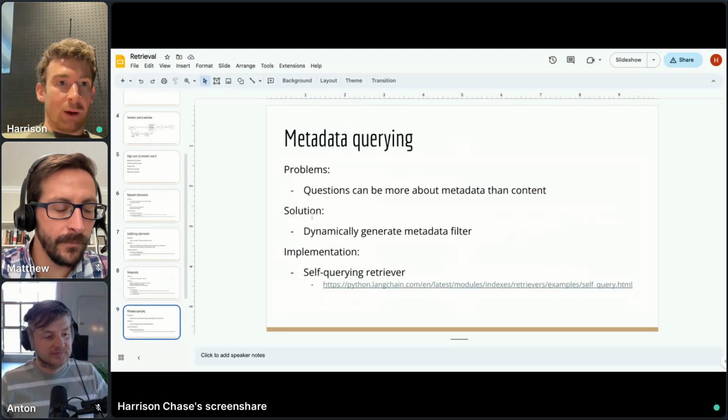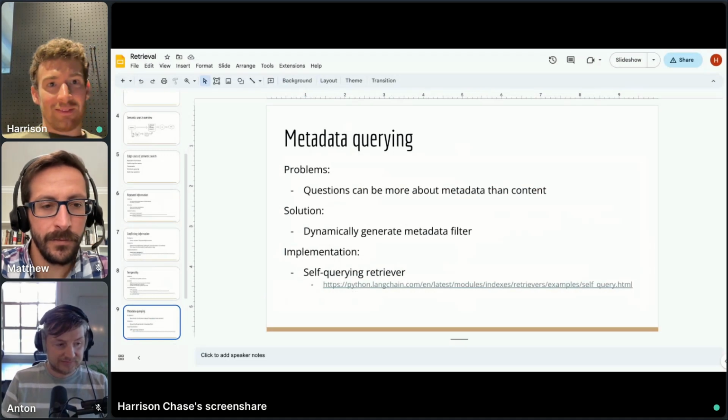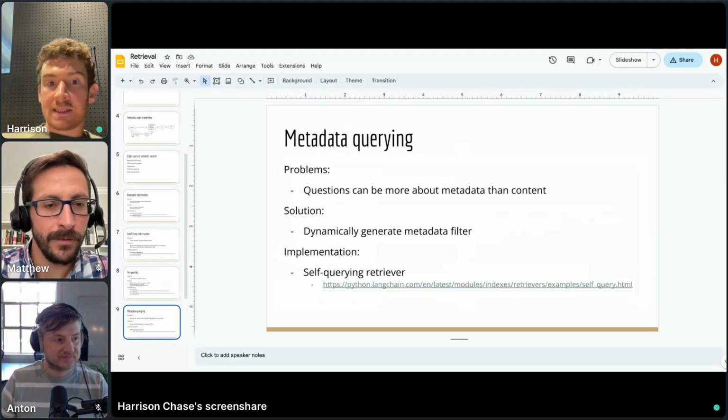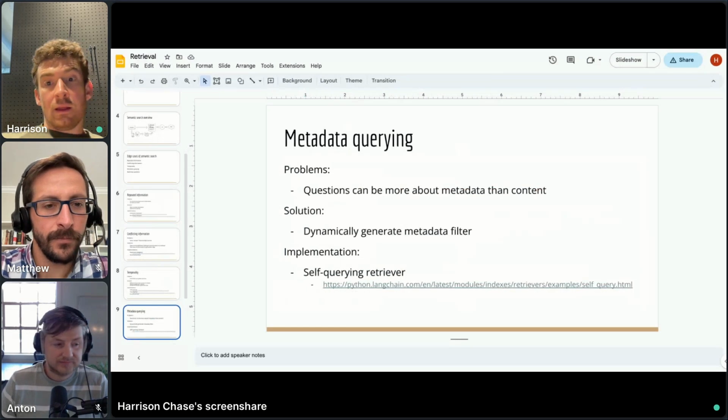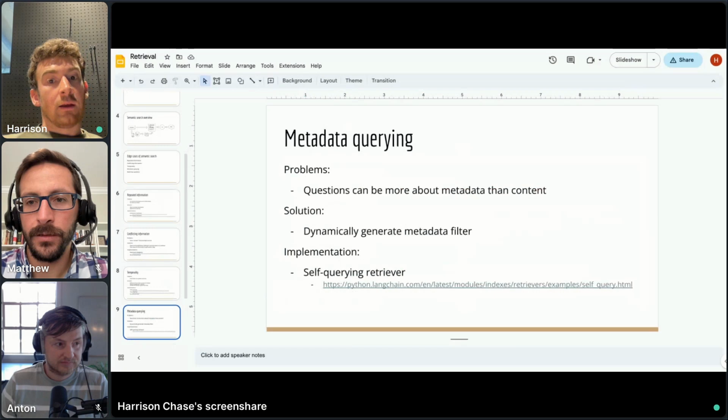This is one of my more favorite ones that we have in LangChain. The solution for this is called self-query retrieval. The basic idea is that questions that you get might be more about the metadata than the content. And so if you're doing a cosine similarity approach, and you're just looking at the semantic meaning of a query, if you have a query like movies about aliens in 1980 or something like that,